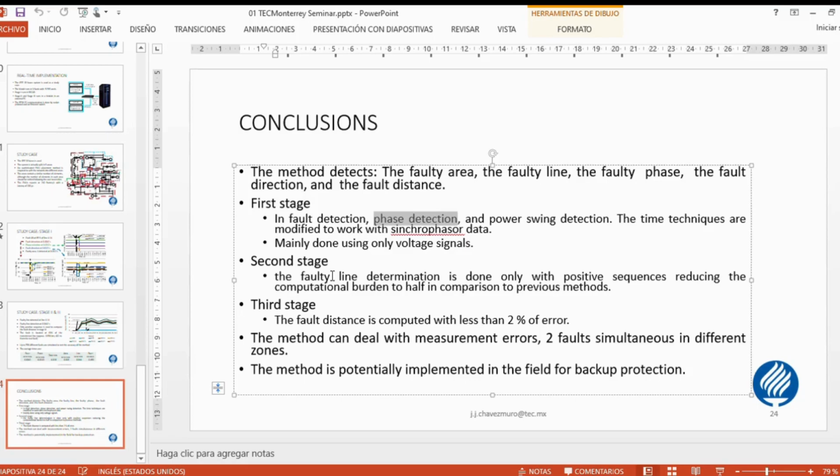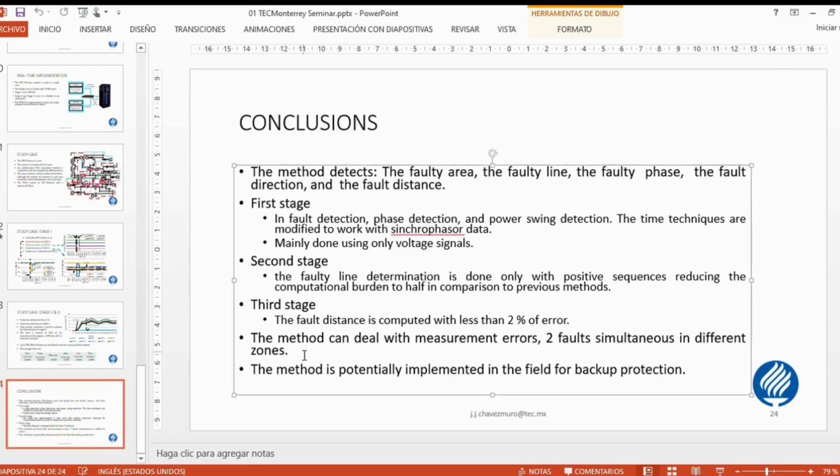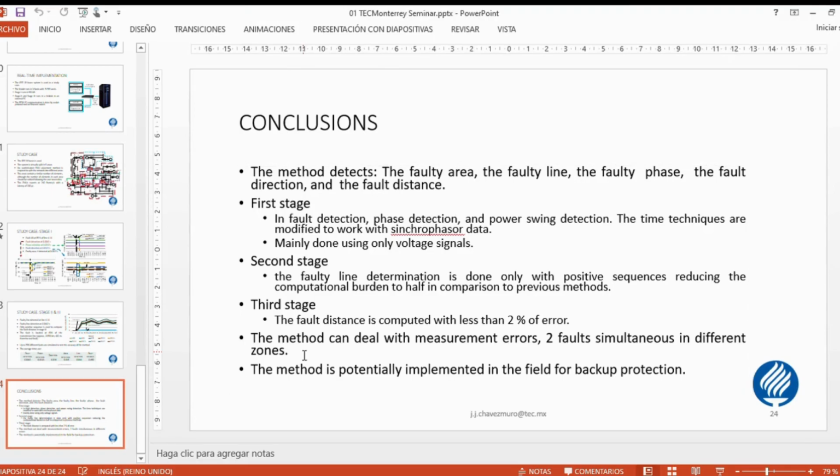In the second stage, we determine the transmission line under fault, and in the third stage, we determine the distance from the nearby device. We did this, I think, 1,700 times to make sure that it works, and it works. Okay, this is all about my